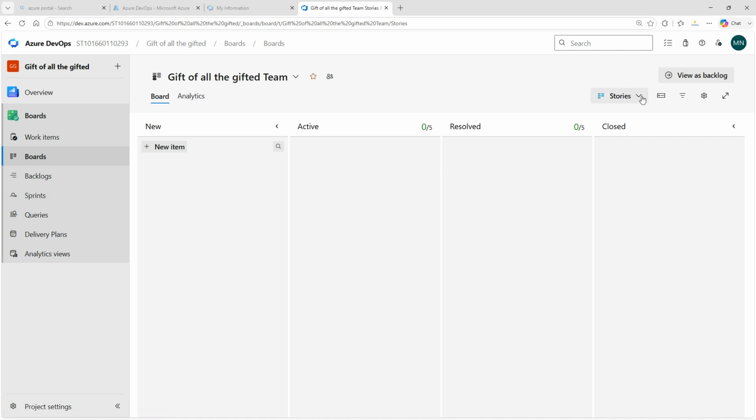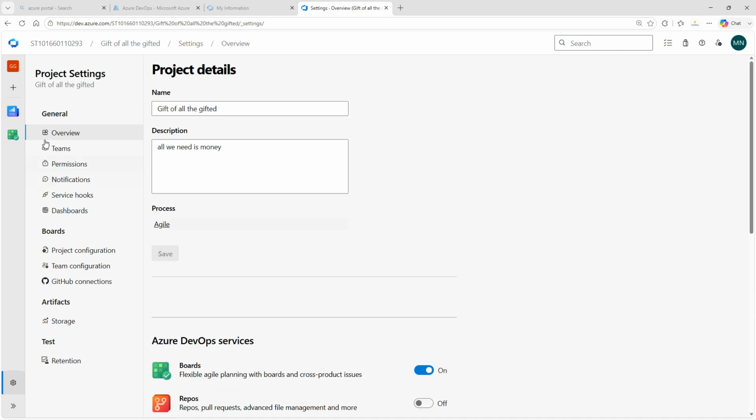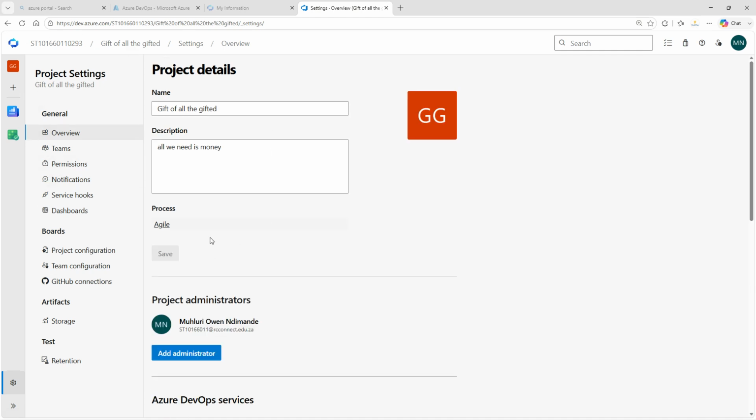To add the missing item here, which is Epic, you are going to click on project settings, which is at the bottom there. This is how it will open when you have clicked it. So on the side there, which is here,